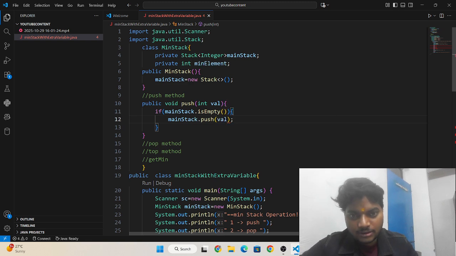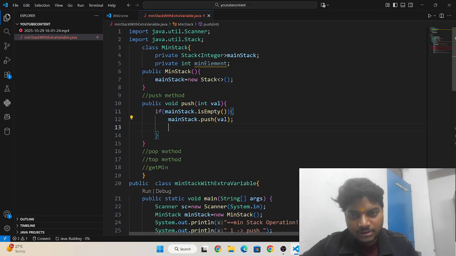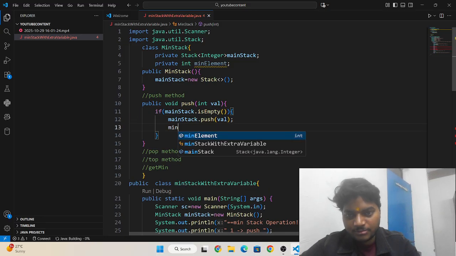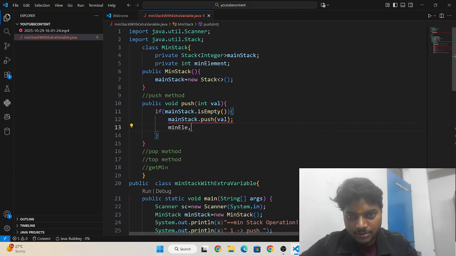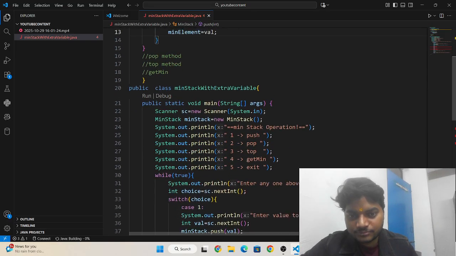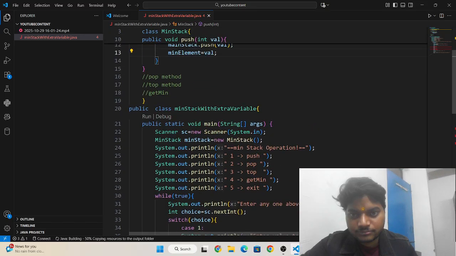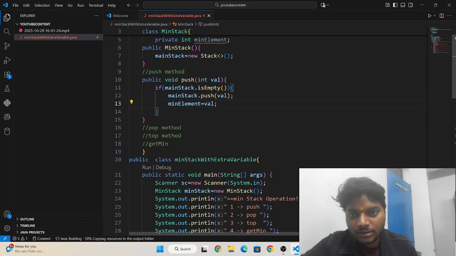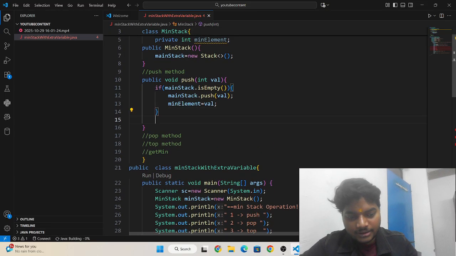Okay, and min element will be this value. Okay, and after that we need to write here